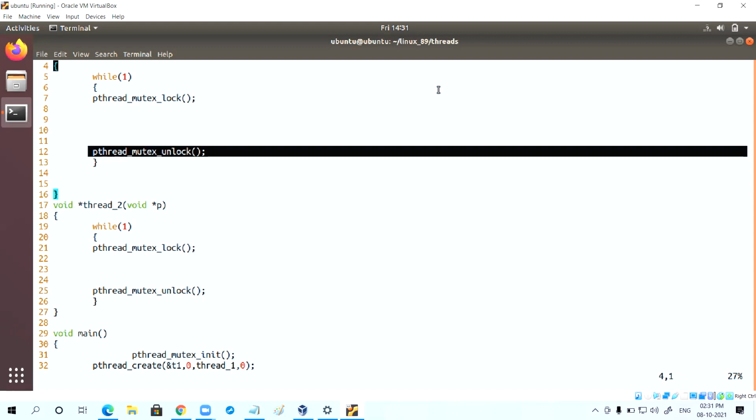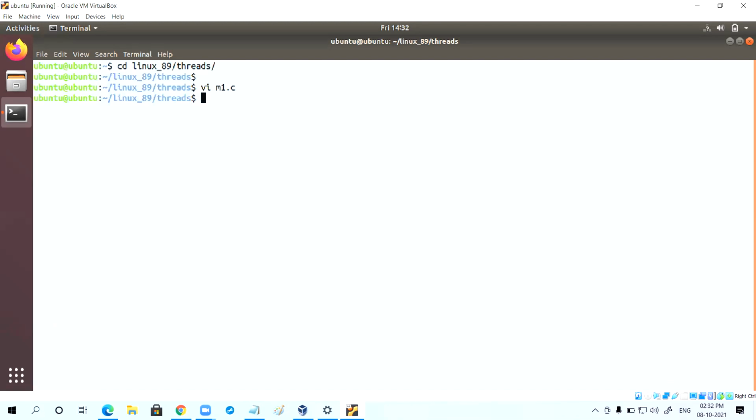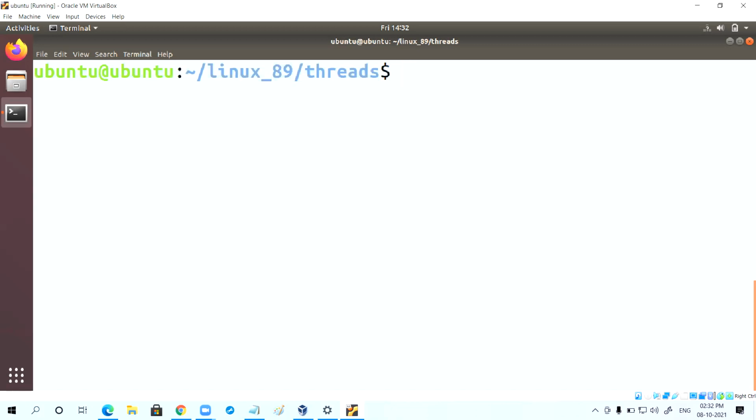I hope you understood this concept. So the functions involved here are pthread_mutex_init, pthread_mutex_lock, pthread_mutex_unlock. Nothing more to discuss here. Some examples are there; if you want, you can go through our material. If I ask you the advantage of threads, the first advantage is communication between threads is easy. Second, threads can execute faster compared to processes.